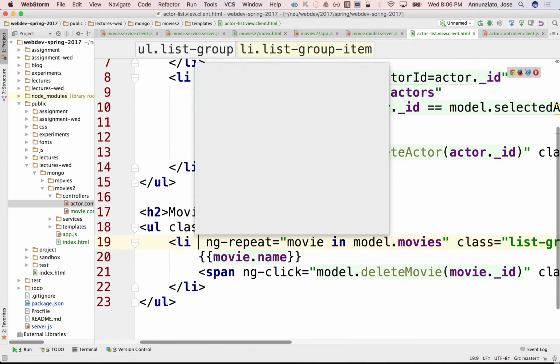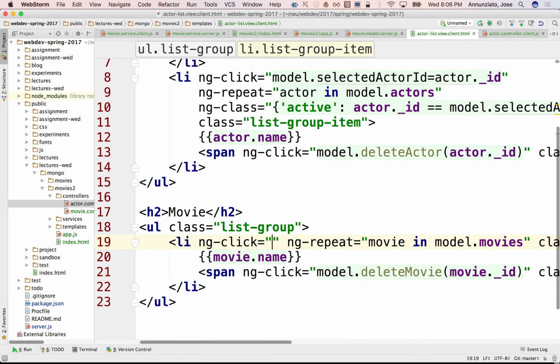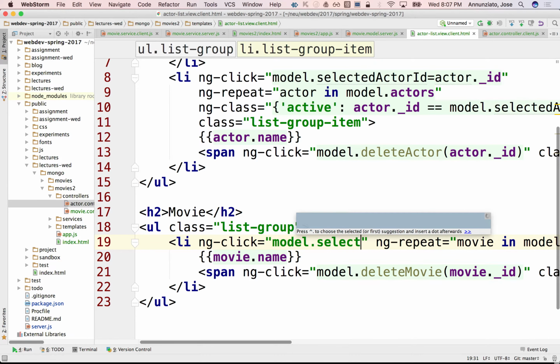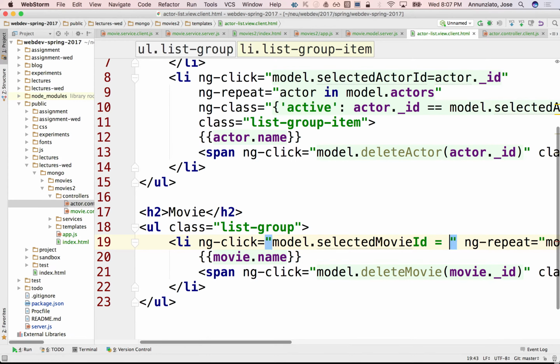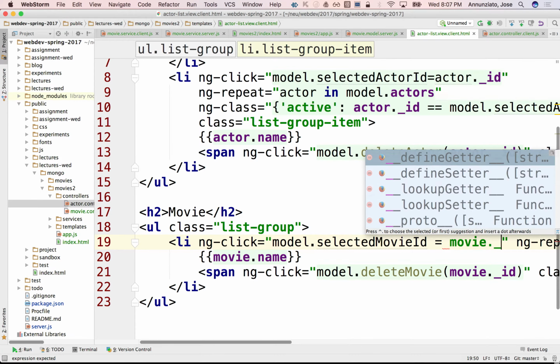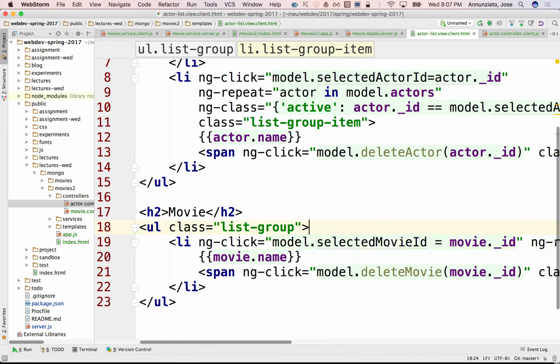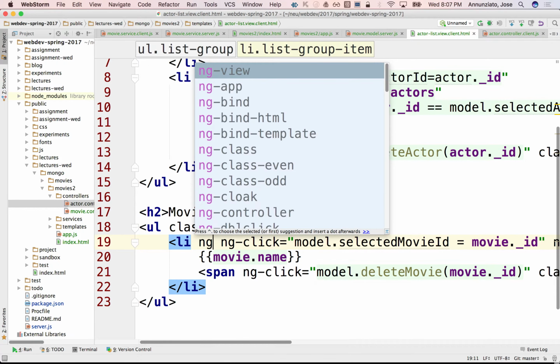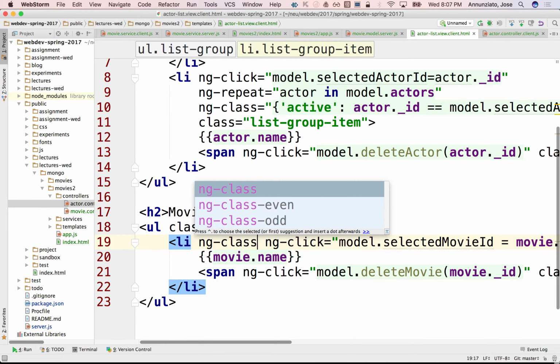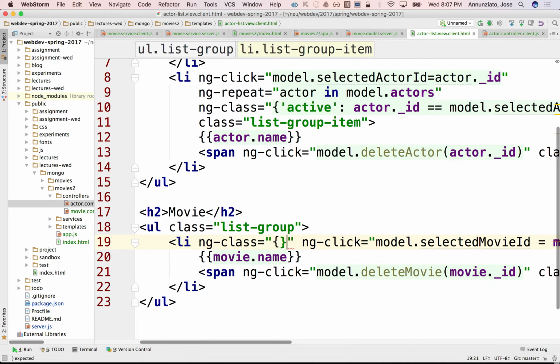So if I click on here, we can say ng-click. If I click on a movie, I can say model.selectedMovieID is the current movie._id, right? And ng-class, I'm going to say